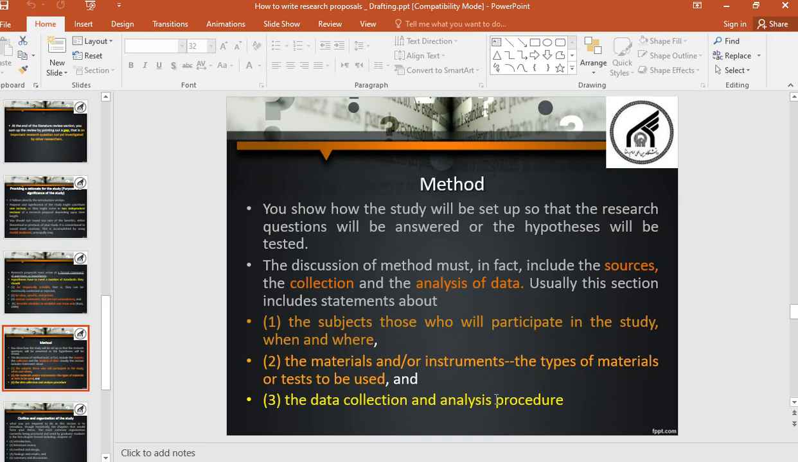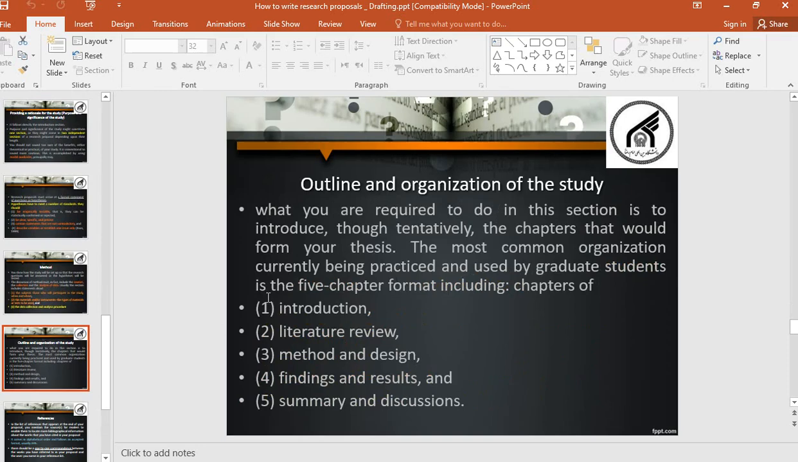The third section, which should exist in the method section, is the data collection procedure and the data analysis procedure. Normally, we call it the procedure section. Next, outline and organization of this study. What you're required to do in this section is to introduce, though tentatively, the chapters that would form your thesis. The most common organization currently being practiced and used by graduate students is the 5-chapter format, including introduction,